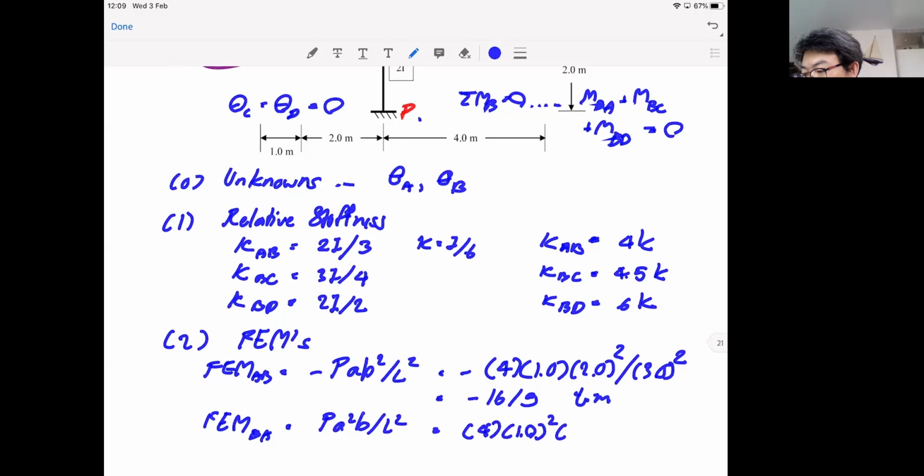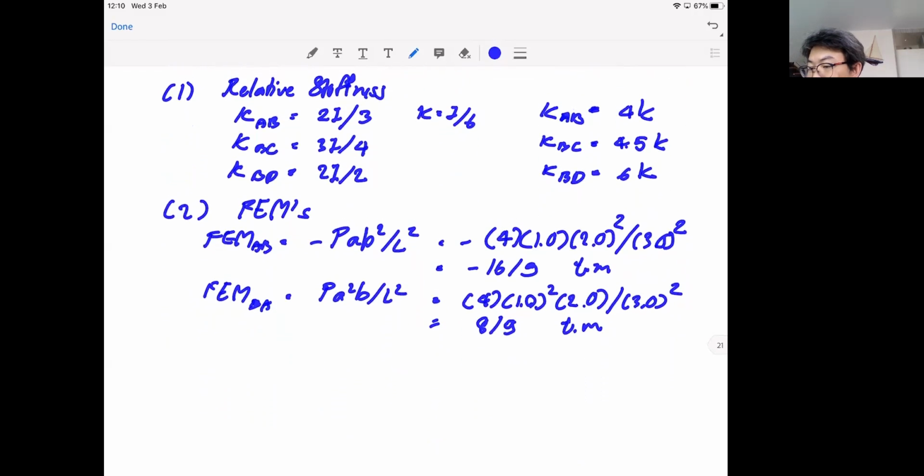Just writing it so that you can see the complete picture. Multiply by 2 divided by 3 square. So this is equal to 16/9 ton meter. And then piece of cake,